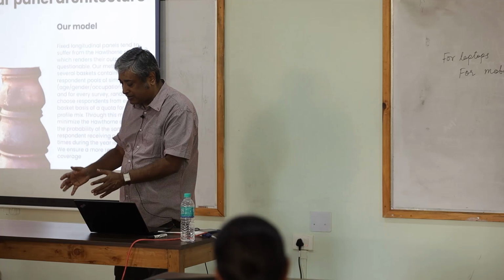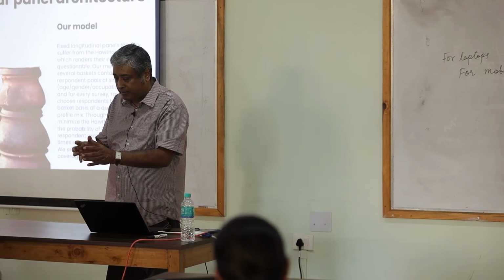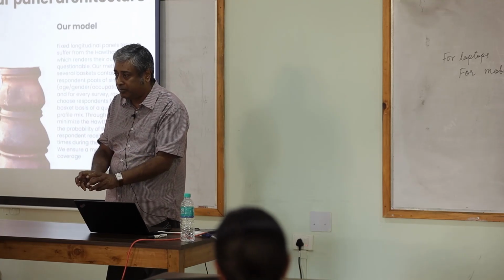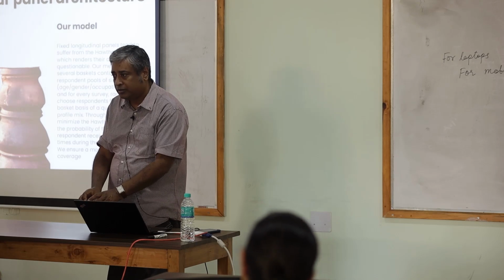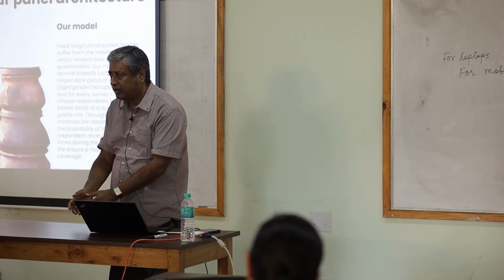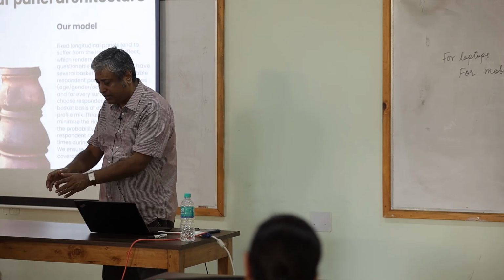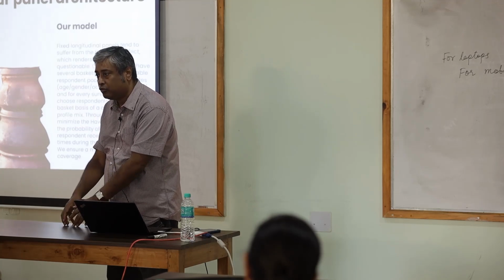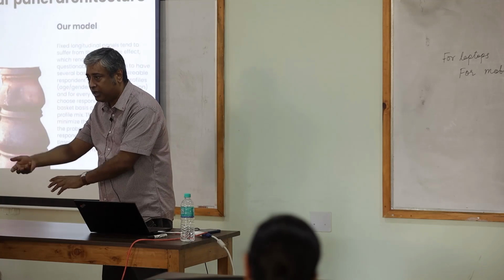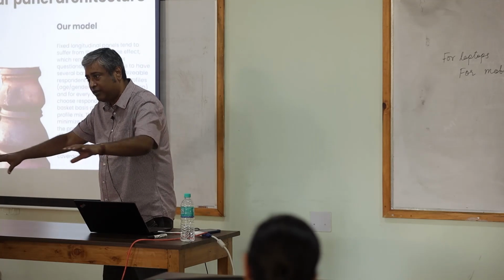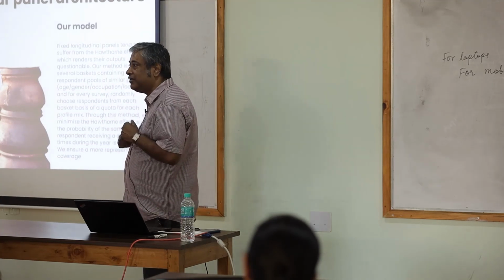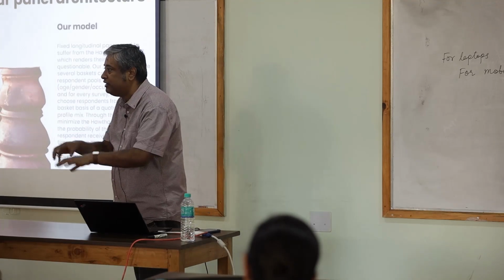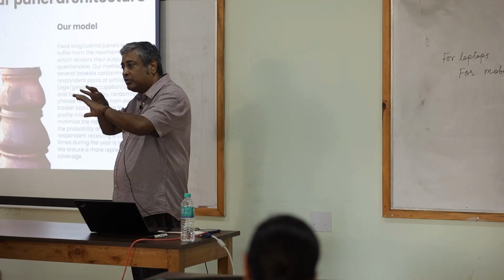We created baskets. This basket was relatively high income people, high level of education, young and living in urban areas. This basket, high education, high income, young but living in rural areas. This is low education, high income, all the combinations, we created baskets. Now next time when we run a survey, we randomly select from each basket to make sure that all of